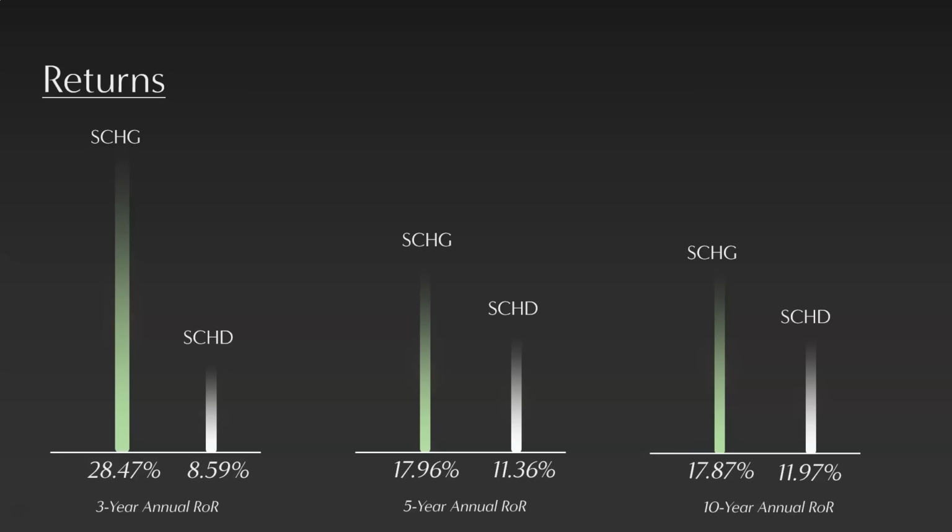Looking at the returns, of course, SCHD doesn't have the returns that SCHG does. We're talking a 3-year return for SCHD of only 8.59%, SCHG being 28.47%, so a much higher 3-year rate of return. And then it just continues. SCHG doing better over 5 years, almost 18% versus 11.3%. And over 10 years, SCHG also having an amazing return, 17.87%, while SCHD has a great return as well, 11.97%,